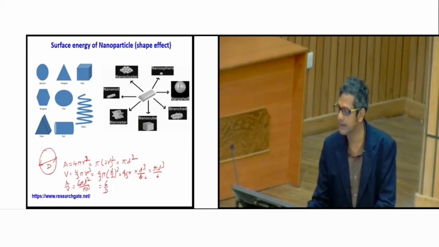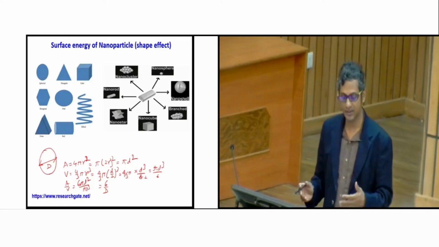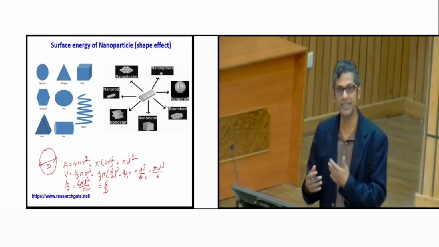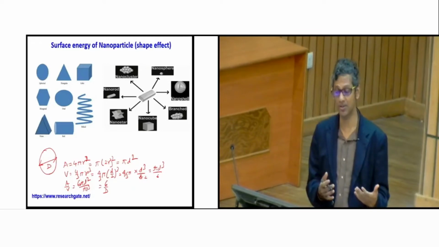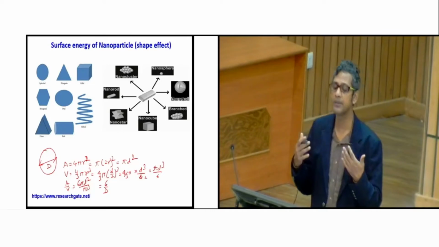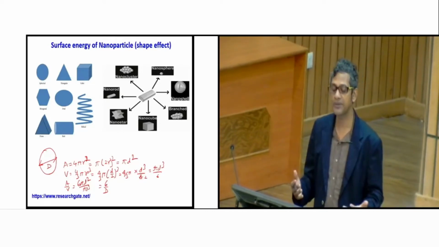becomes 6 by d. So if we say A by V is what? The area by volume ratio is a function of 6 by d. Surface energy also scales as a function of 1 by d. Okay, 6 can be treated as a constant factor. So this is true if you have a spherical shape, triangular shape, cubic, hexagonal, or prismatic, or